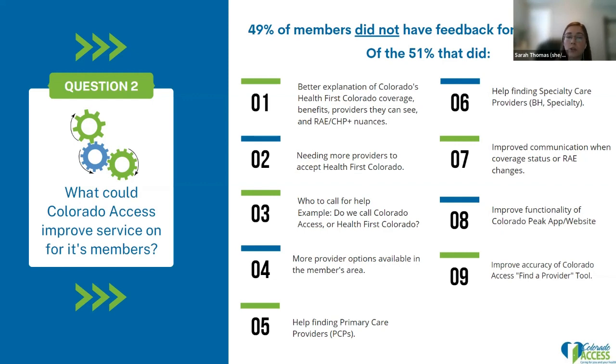Suggestion 7, improved communication when a member's coverage status or rate changes. Things aren't often communicated in the best way from health plans to members, and it can really impact them. An example we received in the survey was a member was about to give birth and her coverage changed right before, and then she wasn't able to give birth with her preferred OBGYN, and it turned into a less favorable